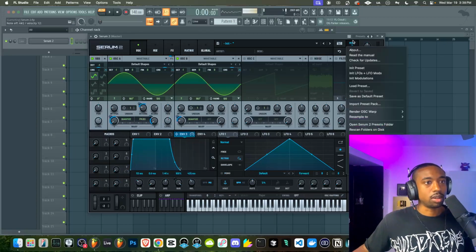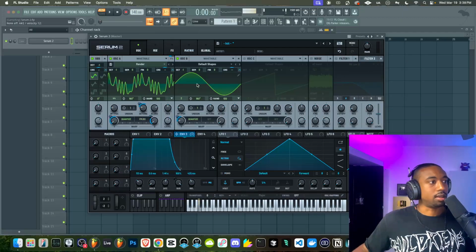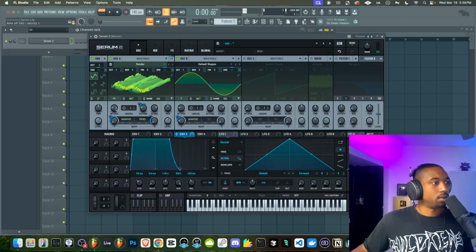Okay, so what we can do here is go to menu, resample to oscillator A. So now we have a new wavetable. Here's where it's going to get a little weird.